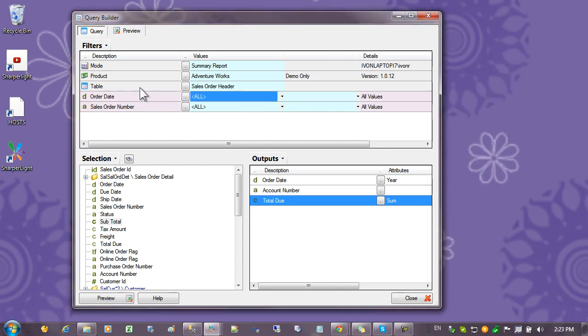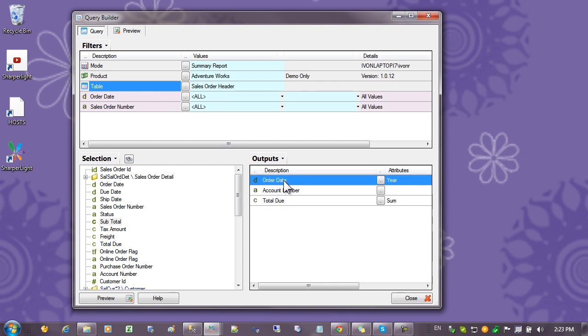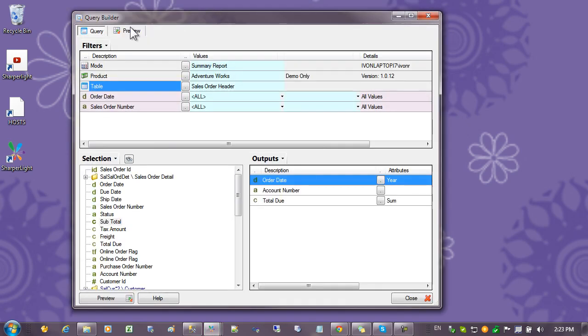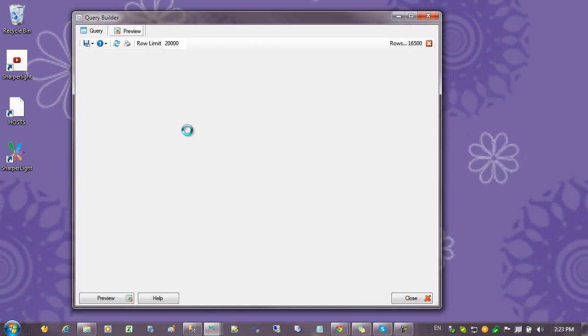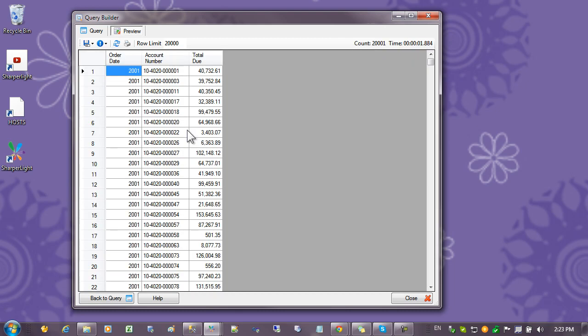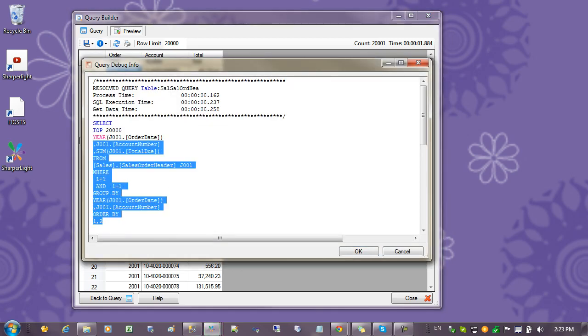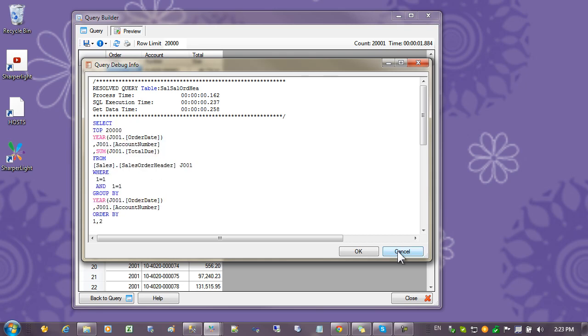You can see here that I've created a query over the sales order header table, and I've brought out the accounts and I've changed the order date to just display the year. So I have a very highly summarized view over the sales. What I'm going to do here is view the SQL statement, and I'm going to use this as a template for a custom table. I'm just going to copy that,